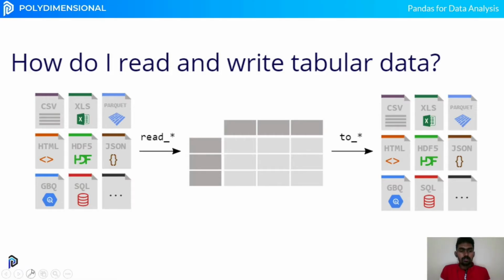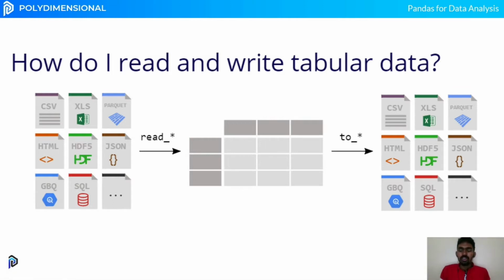Let's look into the various data files that a pandas DataFrame can read, work with and manipulate. After that manipulation, it can also store the data in different file formats. So in this video, we'll look at the most commonly used data files in which we normally work, which are CSV and Excel. Okay, so let's get into the coding part.